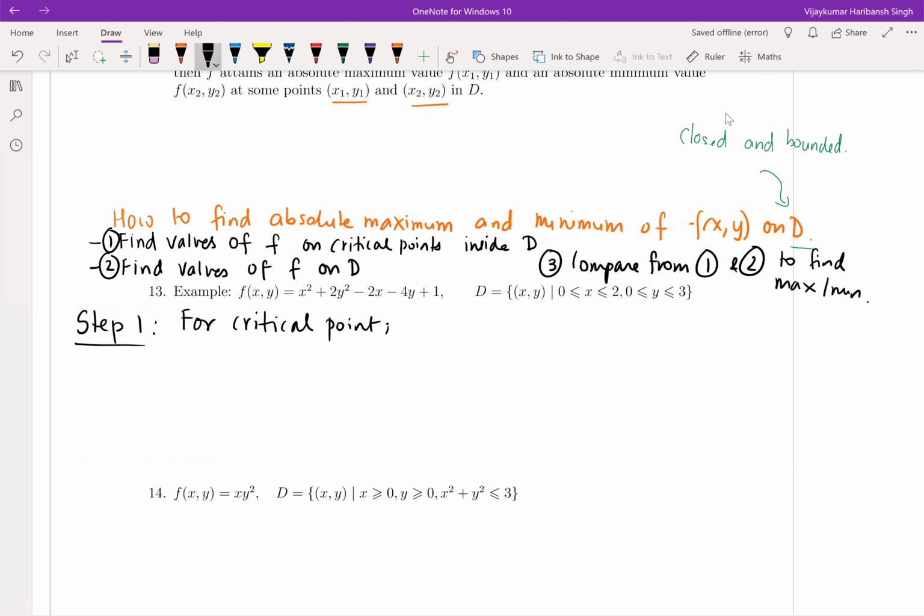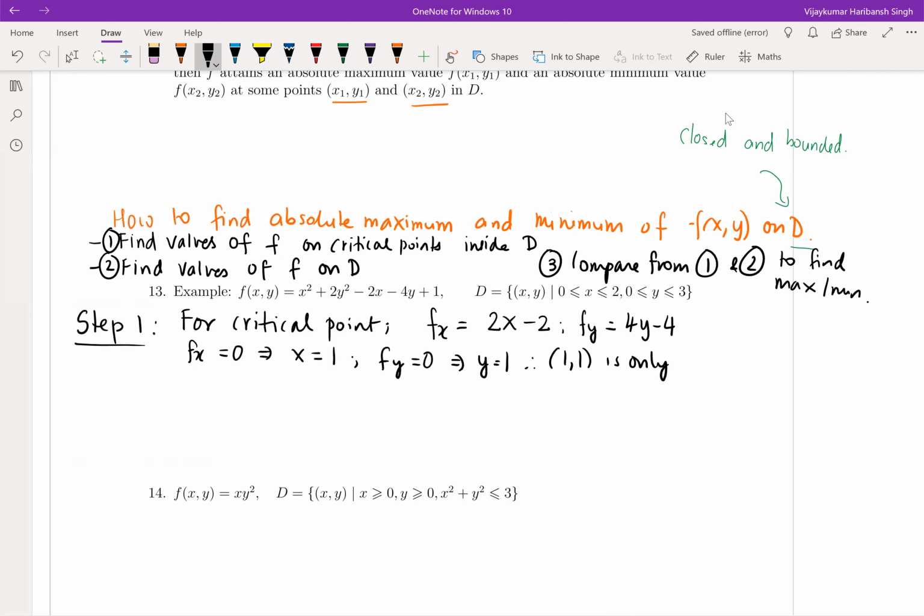Take fx, which is 2x minus 2, and take fy, which is 4y minus 4. So fx equals 0 implies x equals 1, and fy equals 0 implies y equals 1. Therefore (1, 1) is the only critical point